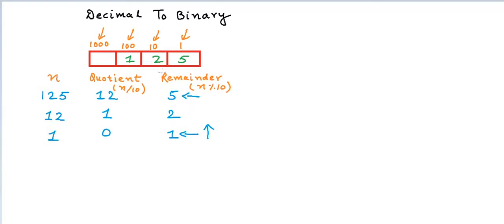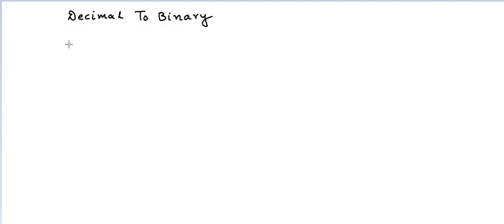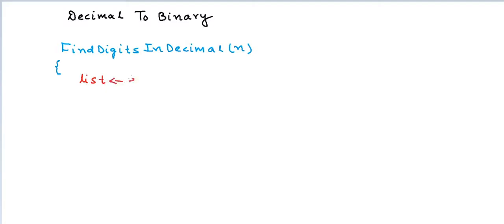Now we will quickly write a pseudocode for this. I will write a method find digits in decimal that will take an input n and give me a list of all the digits in the decimal representation of the number. So we will start with an empty list, and we will keep filling the list as we find out all the digits. So this list in an actual program could be an array of integers or an array of characters or whatever suits you. And the program goes like, while n is greater than 0,